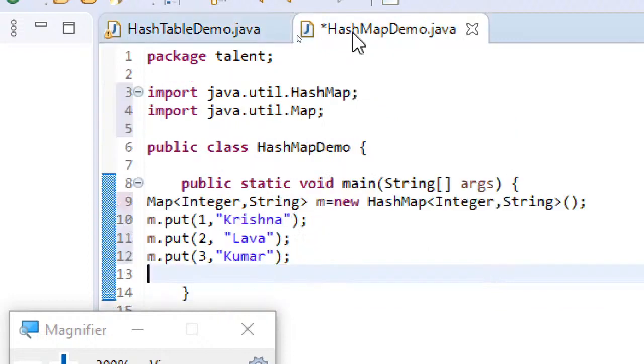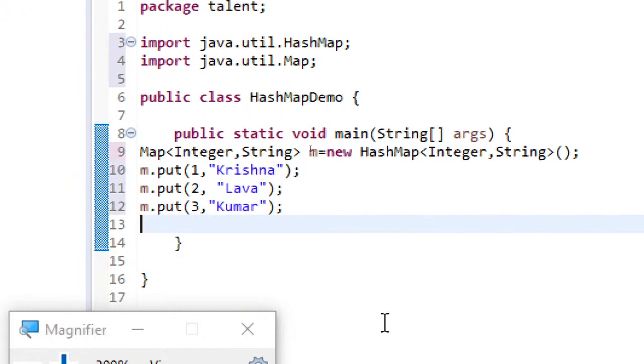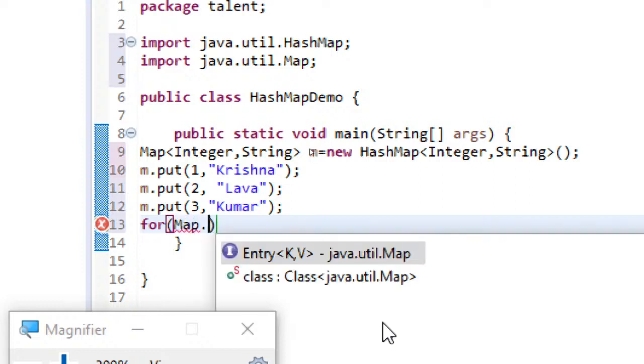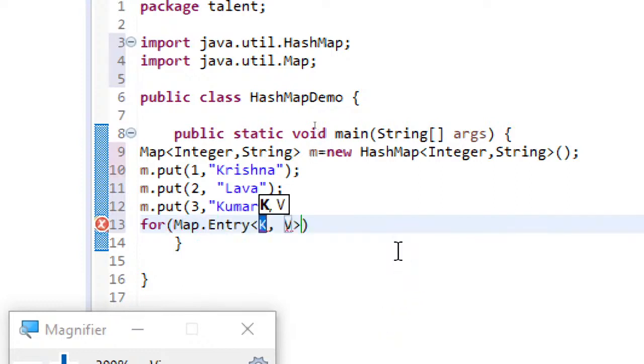Now I'll directly use the for each loop, because that style we have already seen. In the for each loop, I'll be using the Map.Entry here itself. Here you can see Map.Entry. No need of the generic, let's use it directly, and a reference variable for this.